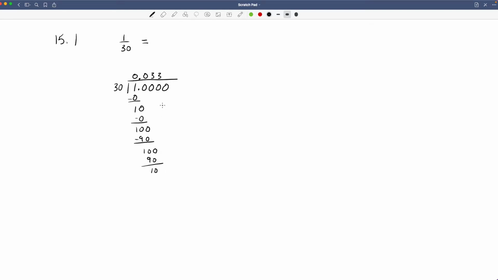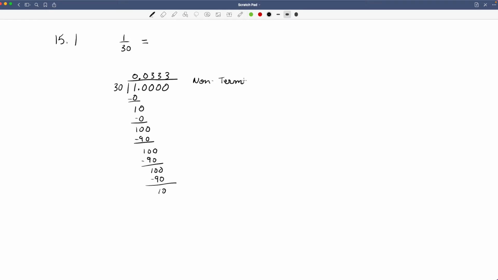And it looks like, bring down another 0, I'm going to keep getting the same number over and over. So whenever we keep getting the same number over and over, we have a repetition here where we keep getting a remainder of 10 and we add a 0, remainder of 10, add a 0, remainder of 10, and add a 0. If you keep getting the same number over and over again, that means that this decimal is going to repeat constantly. We call this a